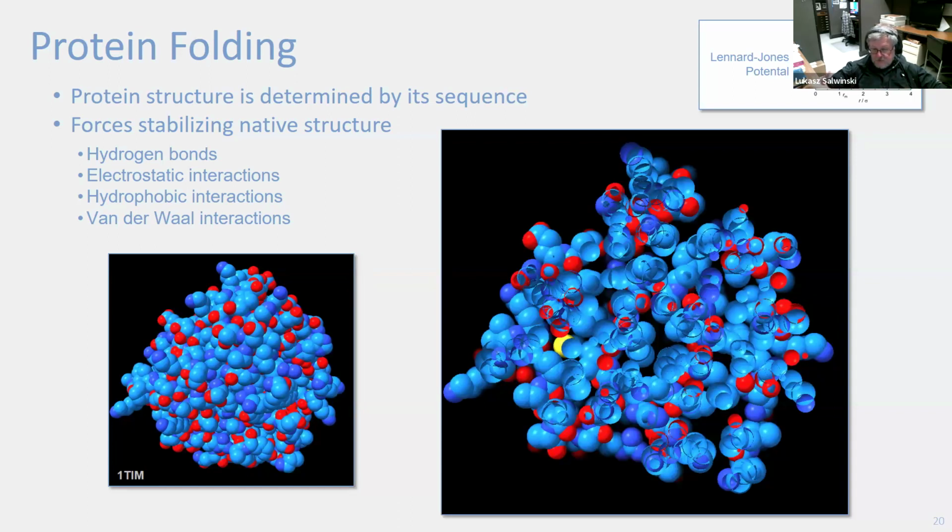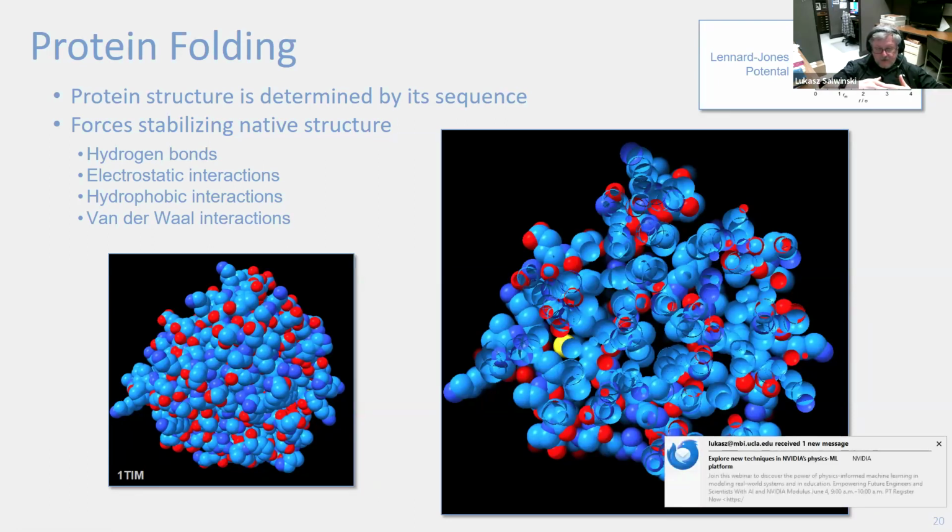So this excludes water from inside of the molecule, and allows water to increase its entropy, and that's what's driving the structure of the folding protein to its native conformation. So that's the fourth interaction that prevents protein from completely collapsing on itself. Atoms can't occupy the same space, but